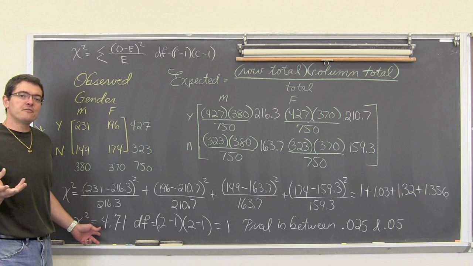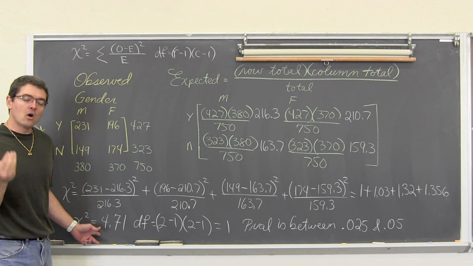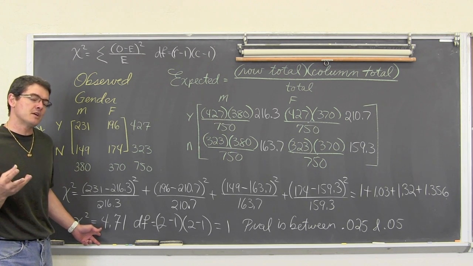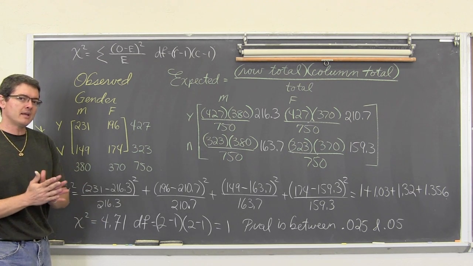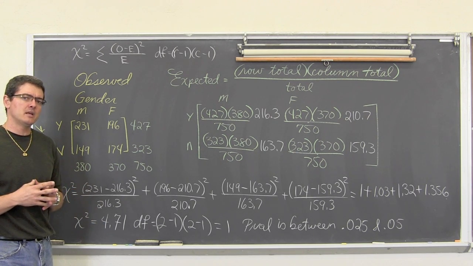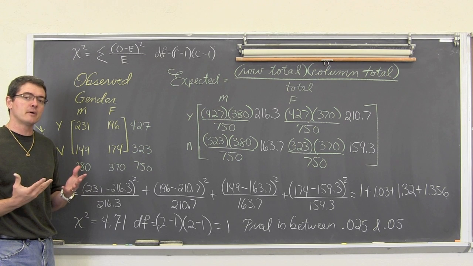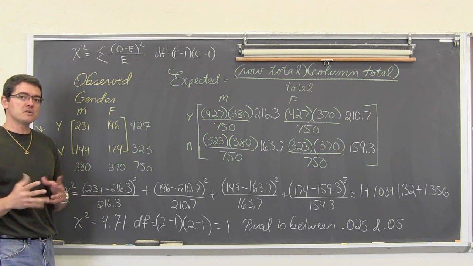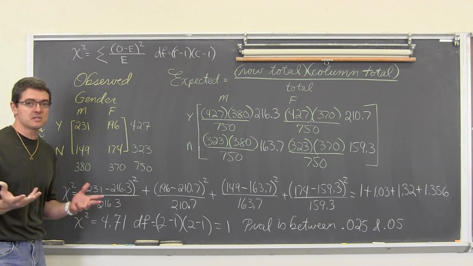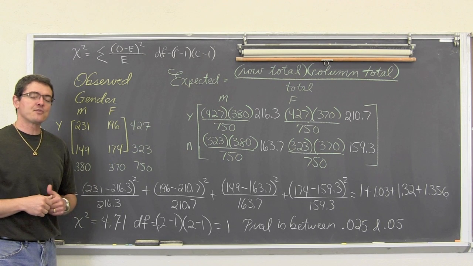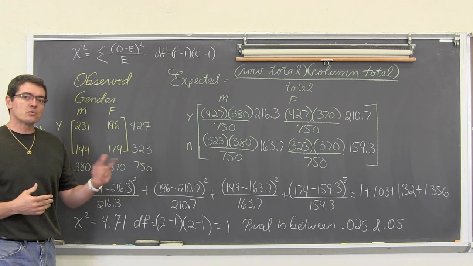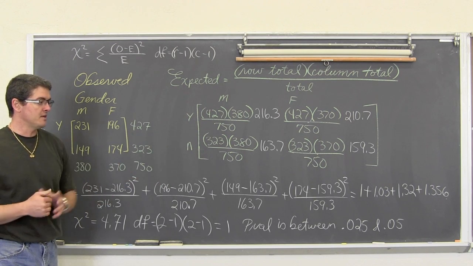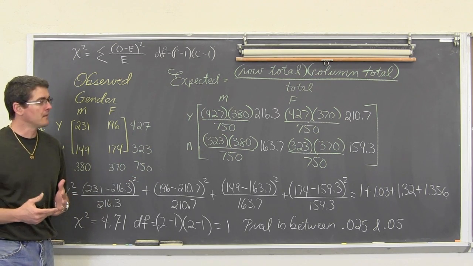So with our p-value between 2.5 and 5%, we have some evidence that the snacking habits between the genders, male and female, are associated, the snacking habits are different, the proportions are not equal. Whatever summary statement you'd like, you need to tie that summary statement into how you set up H sub O. If H sub O is no association, then H sub A is there is an association. There's some evidence for H sub A that there is an association, or the proportions are not equal.